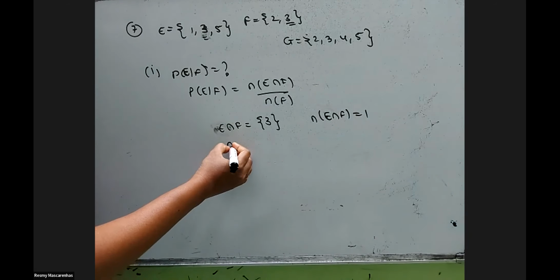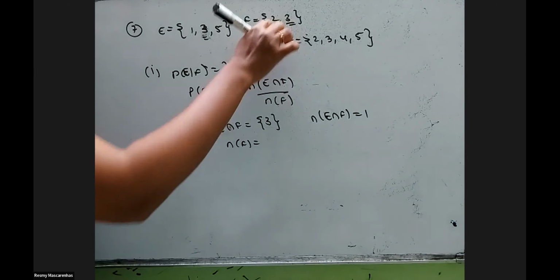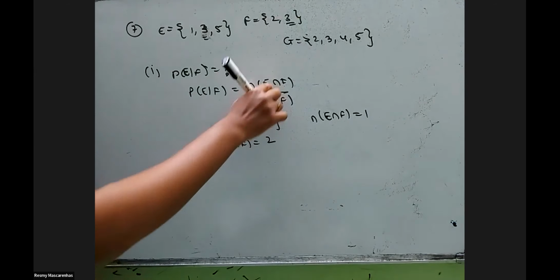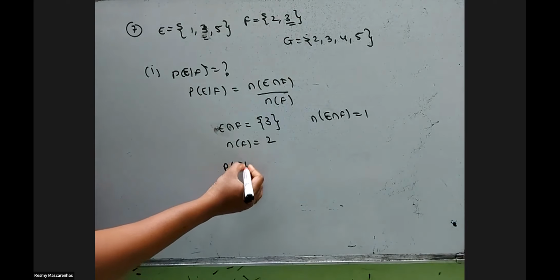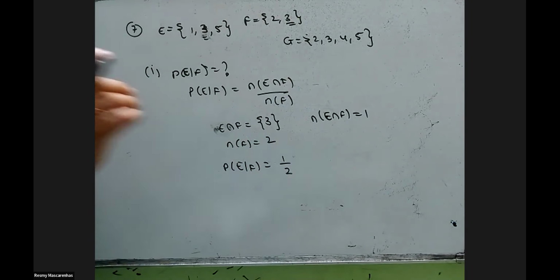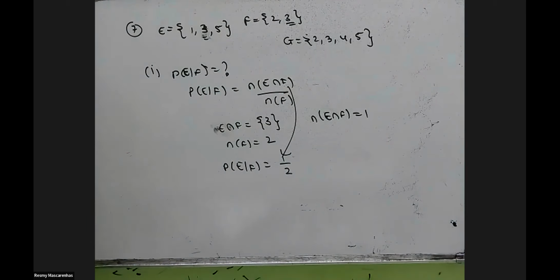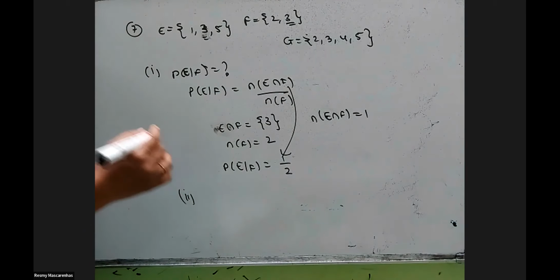Then what else we need? Number of elements in F, how many are there? 2 of them. Just substitute here. This formula. Second one,